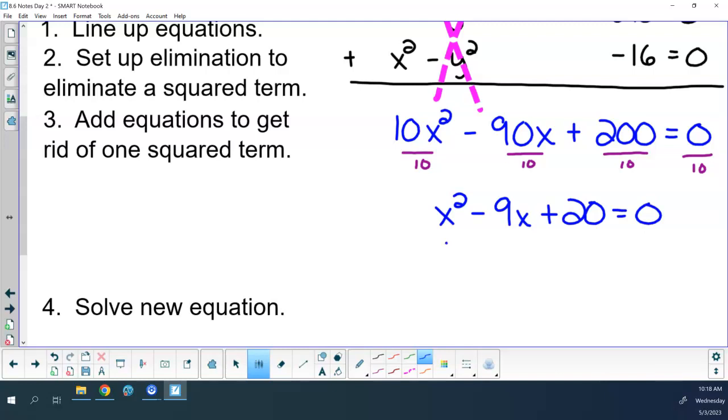Okay? So first off, what I would do here is I would divide everything by 10. Then I would factor this one. Two numbers that multiply together to be positive 20 and add to be negative 9. I like negative 4 and negative 5 better. 4 and 5 would get me